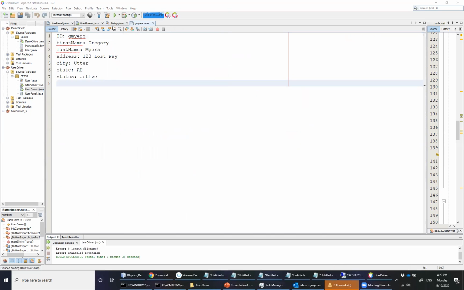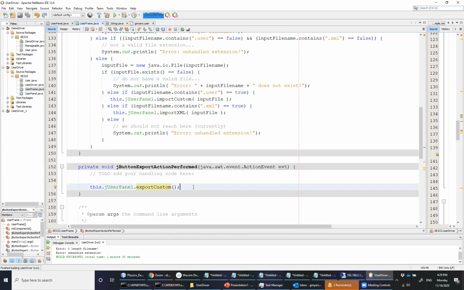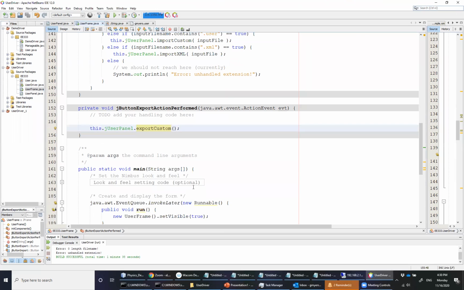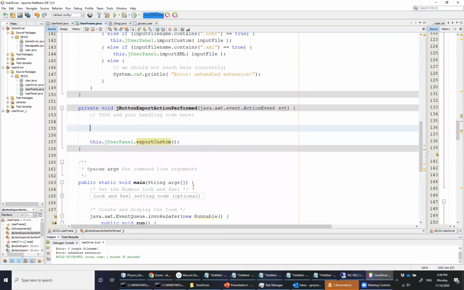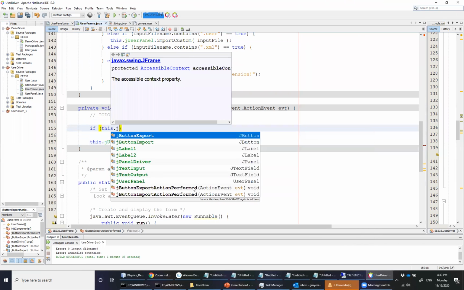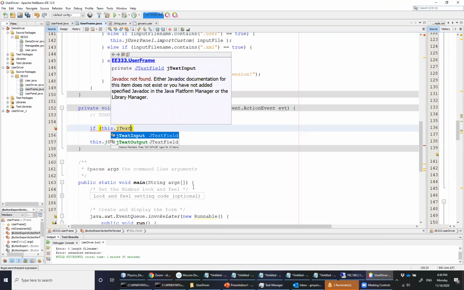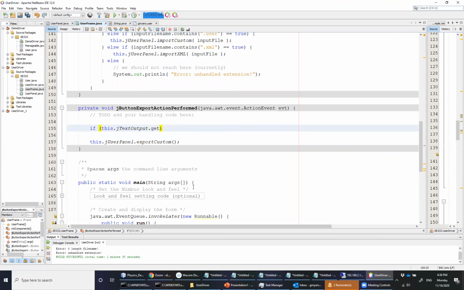So let's close this out. Let's make one more change to our user frame. Let's, if anything, make this a little more sophisticated. We can throw a little bit of logic in here. And that is what we can do: we can say if this dot jtext output dot get